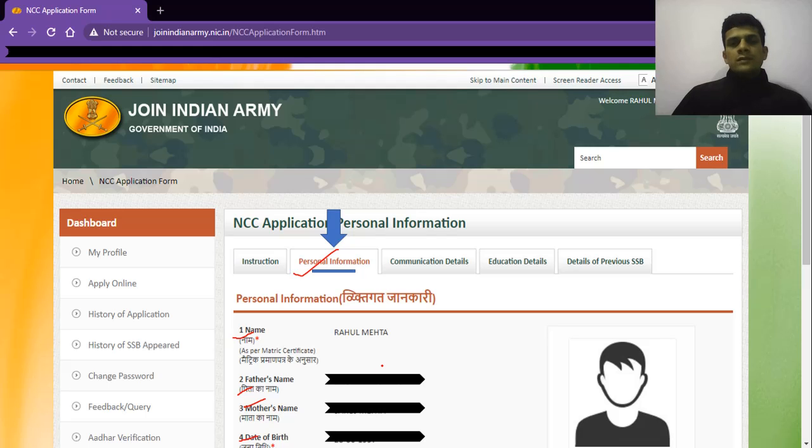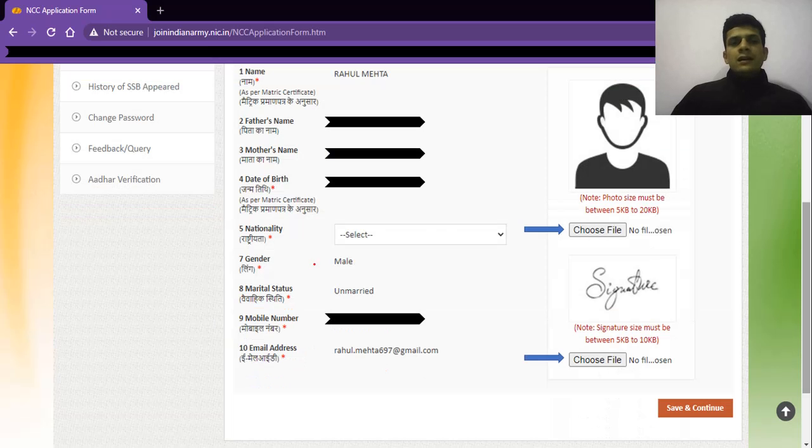So most of the columns will be auto filled here. You don't have to fill them again and again every time, right? This is why registration was compulsory and all the details were asked prior to filling this form. Okay, so moving ahead, only just you will have to fill your nationality, that is if you click this arrow you will see Indian, other options over there. Then you have to upload your photograph again, right?